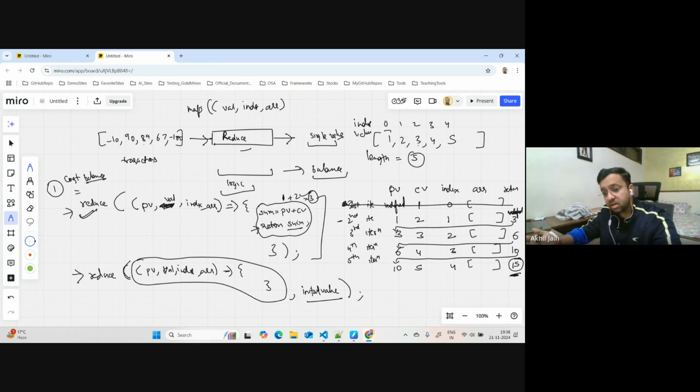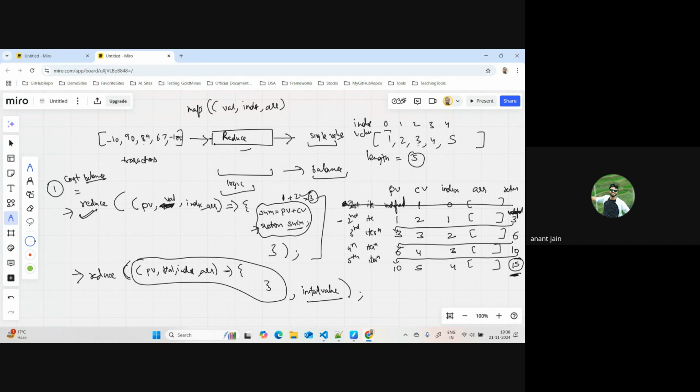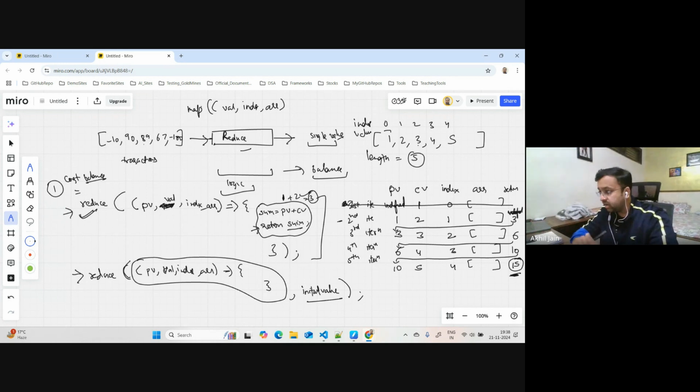Does it make sense? Yes. Actually, there are a lot of rules around it. That's why it's not easy to get it in one go. But I hope with this example, it is making a lot of sense, how things are happening. Now, just to increase that confusion,